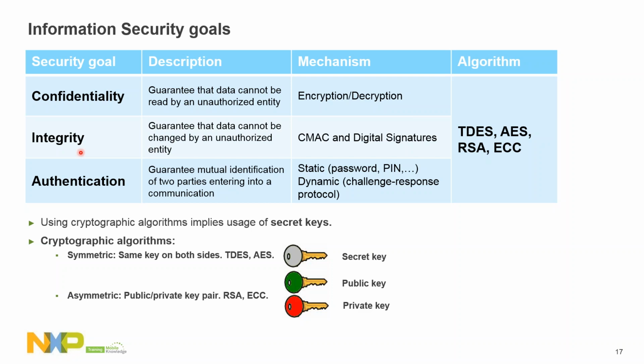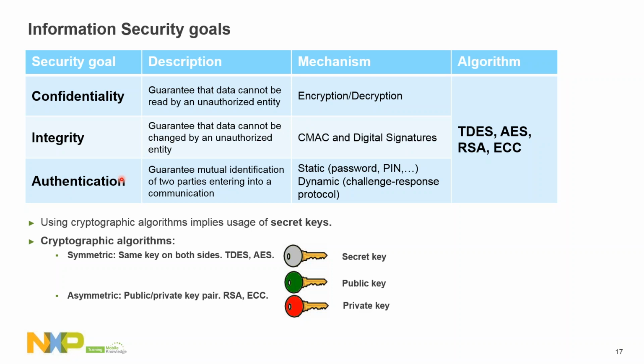Let me put it in other words here. It provides mechanisms to ensure that if the data exchange is modified, this can be detected. Again, integrity is achieved through CMAC or digital signature mechanisms. So only the entities in possession of the secret are able to detect if unauthorized changes have been performed during the data exchange. And finally, authentication, which is to guarantee the mutual identification of two parties entering into our